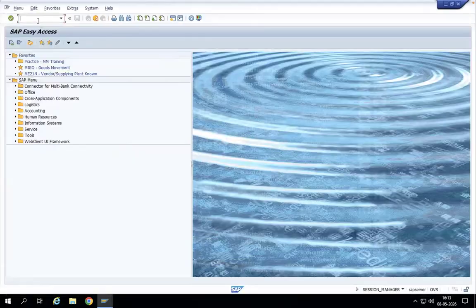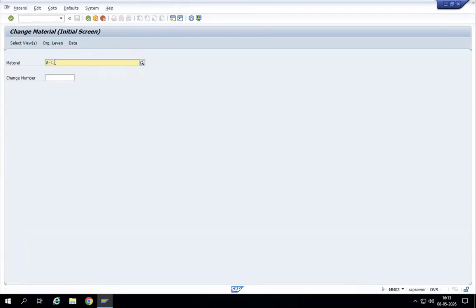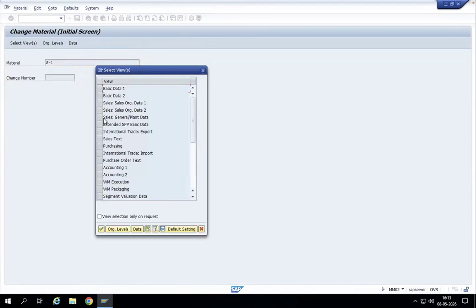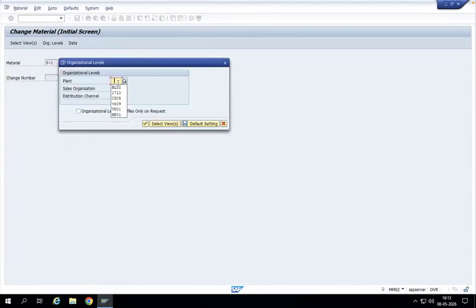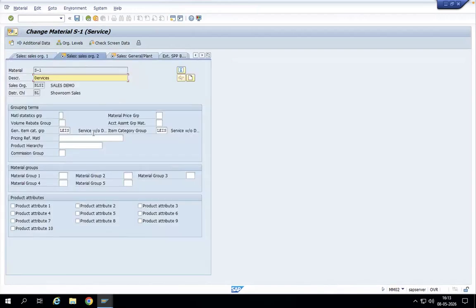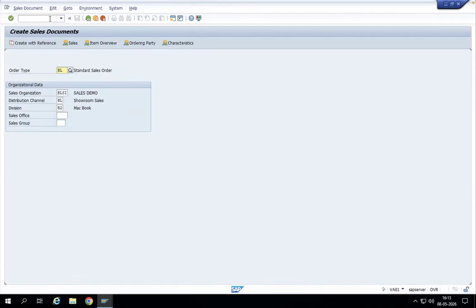Now, let me take you through my material master. I'm using the material which I'd already created for services, that is S1. I'll just show you the item category. I've not changed it, because I'm going to retain the one which I'm already using, LEIS. Okay, so this is the one. I'm not going to change this. And now I'll create a sales order. So order type will be BL and the respective